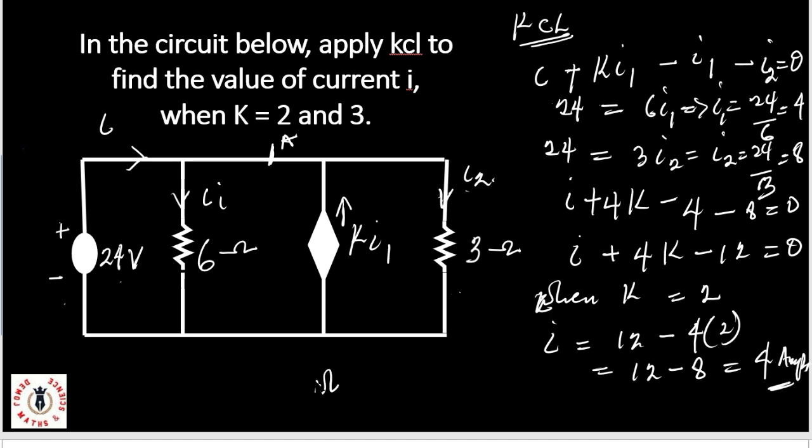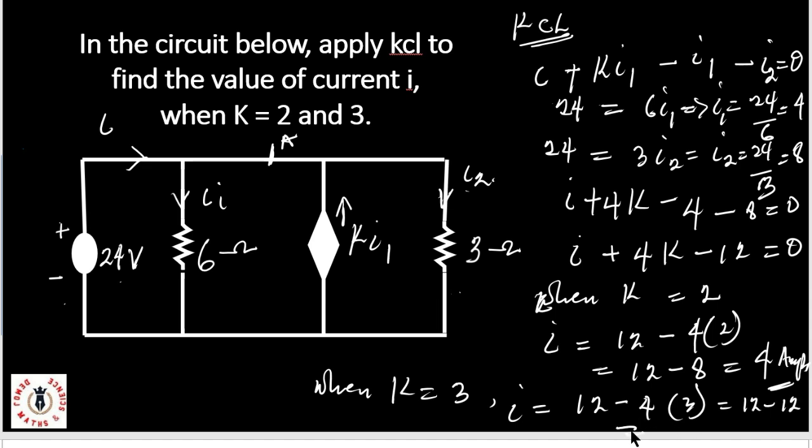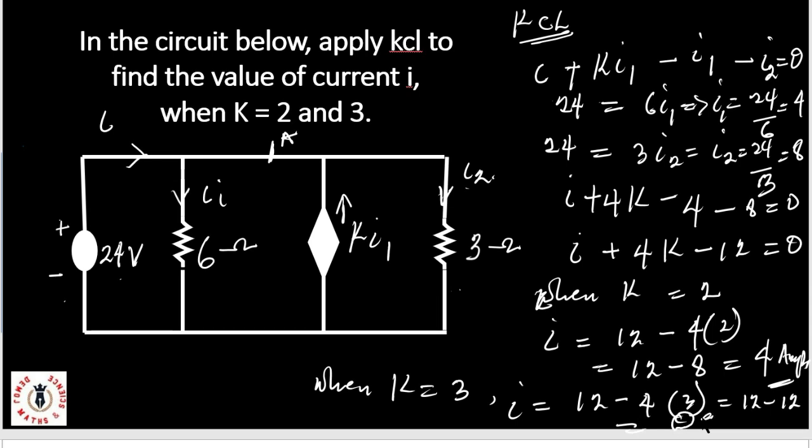And when k is equal to 3, obviously my I now will be the same thing as 12 minus 4 into 3, which is equal to 12 minus 12. Obviously, this is equal to 0 amps. With this, we've come to the end of this lesson, and I hope you understand how to deal